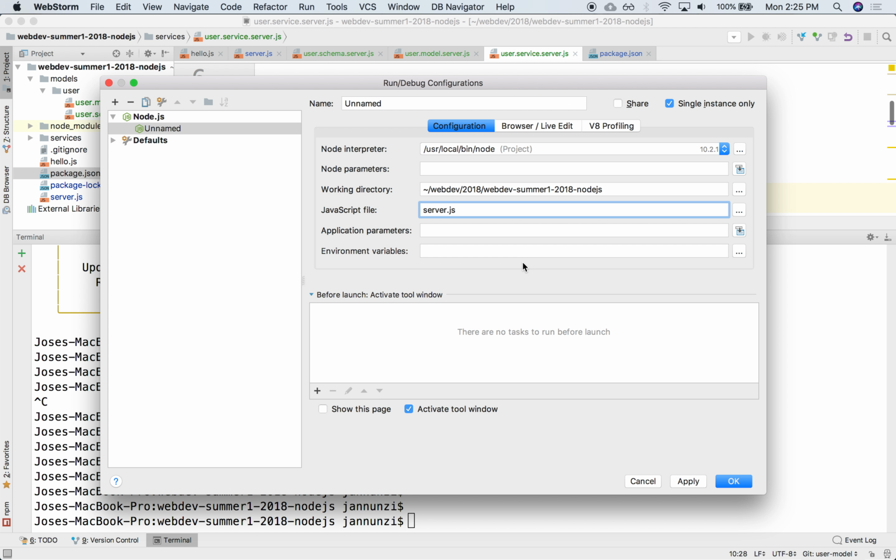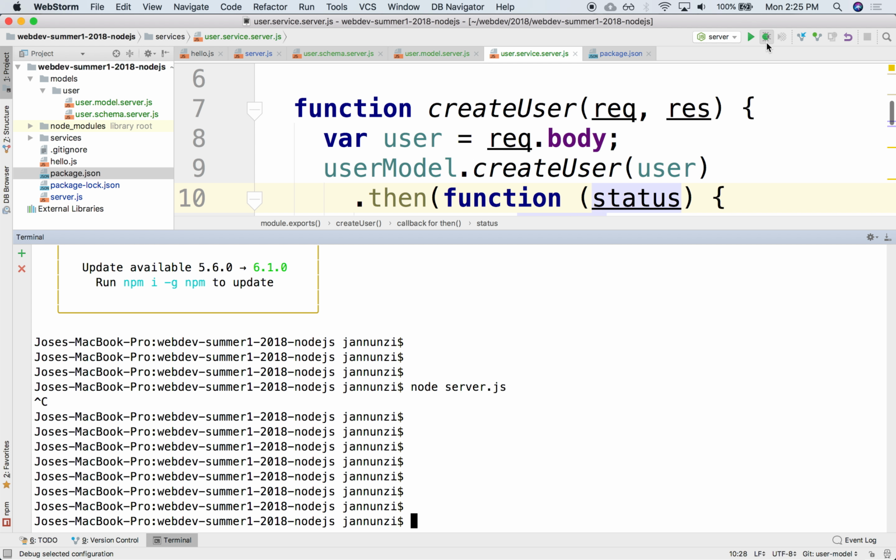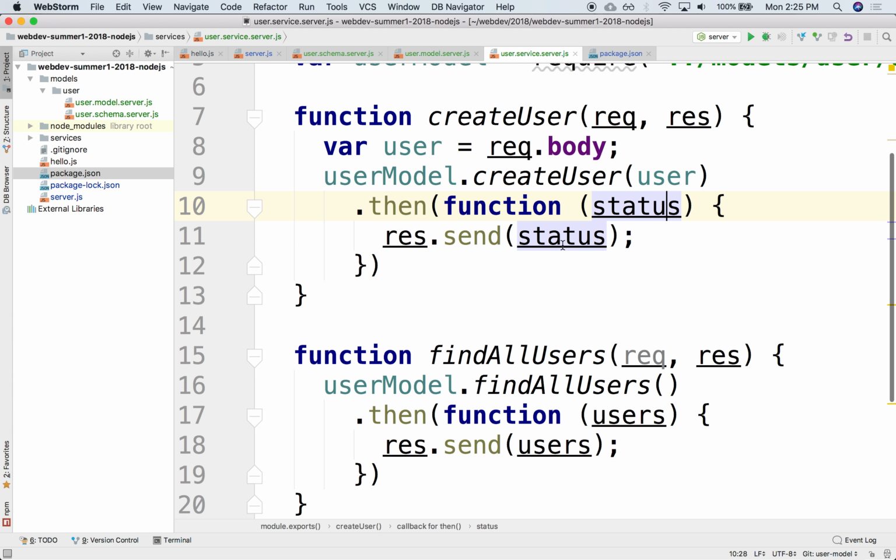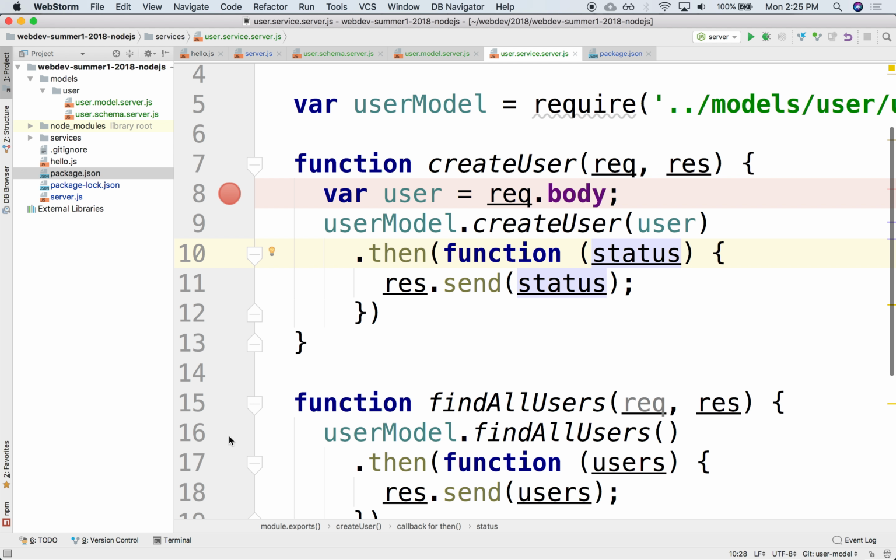Let's call it server. What this allows you to do is run it from here, but also to debug it. Okay? It allows you to put breakpoints, right? So for instance, you can put a breakpoint on the server, so you can debug and step through the server code. So now you know you can debug it on the client, using the console on the browser, and you can also debug on the server side. You can see the whole network connection all the way through the server, and you can step through this whole thing. All right, so I'm going to start it in debug mode,